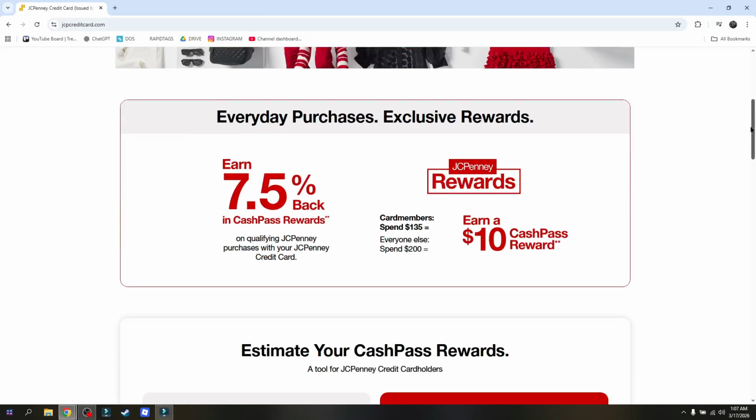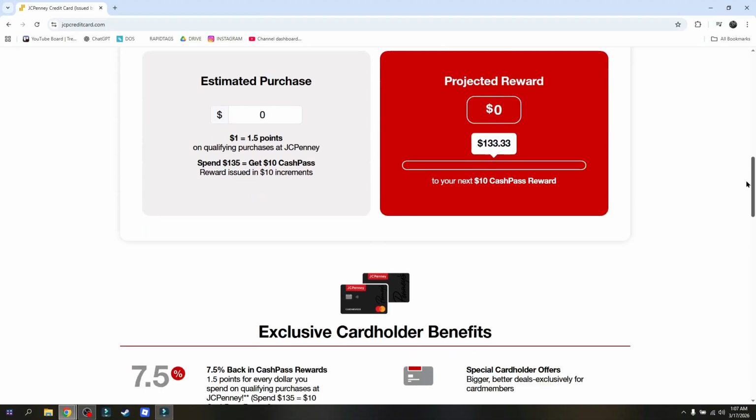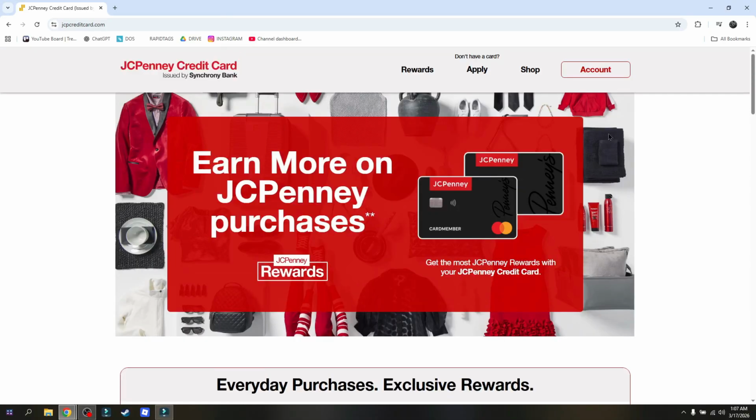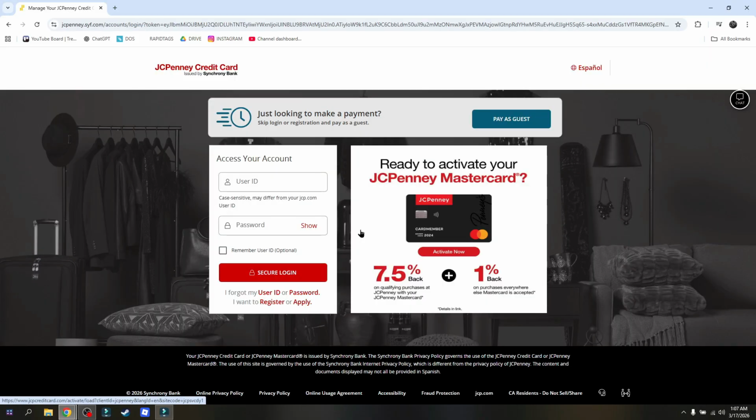So the very first thing that you have to do is access the portal by going into the Jcpenney credit card site, which is going to be this one right here. Click on account for you to be able to log in. And then once you have successfully logged in using your user ID and password, select the make a payment option